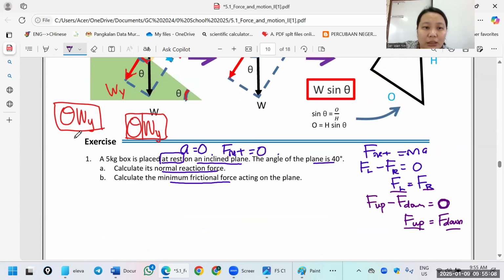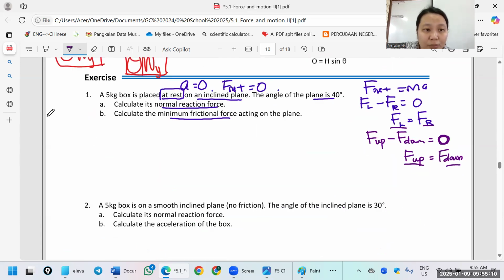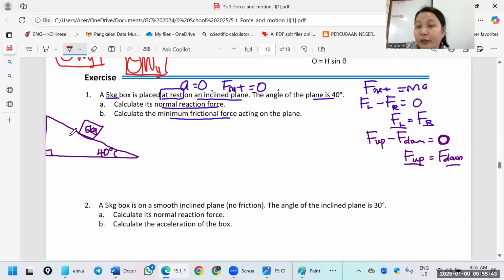Let's draw the plan. Okay, here is 40 degrees, and then here is a box, right? Here is, let's say, 5 kg. Can you please label all of the forces on the inclined plane first? We always start with